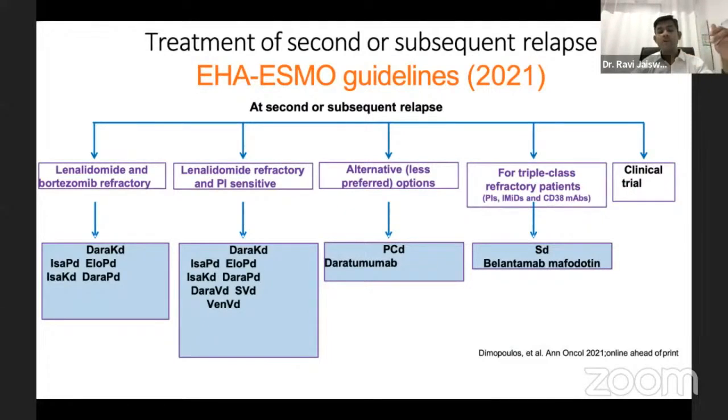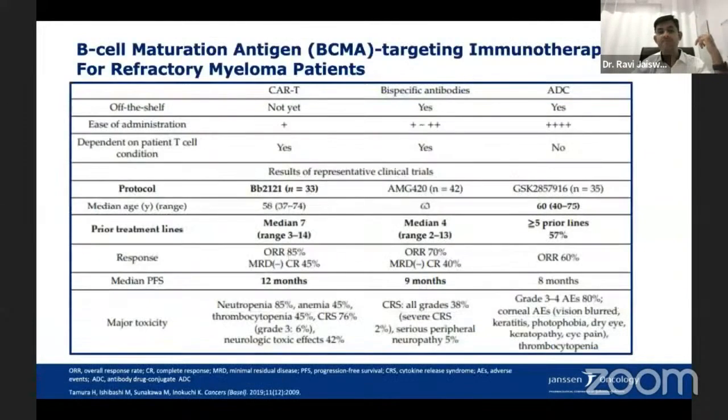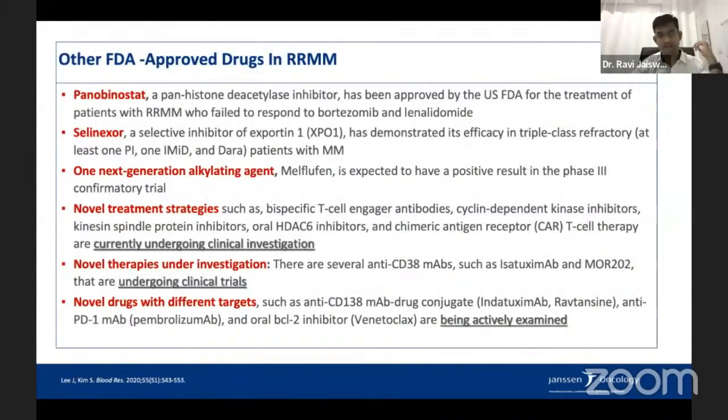And there's always a monoclonal antibody that is given in combination wherever there is an opportunity to use these drugs, particularly for patients who are dual refractory, refractory to lenalidomide and refractory to bortezomib. That is the situation where this monoclonal antibody has a huge role to play, and that has been seen across all these studies. So now let us talk about other drugs that have come up in a big way in